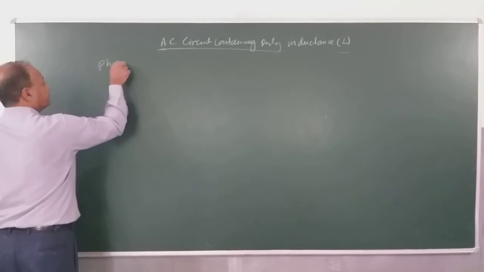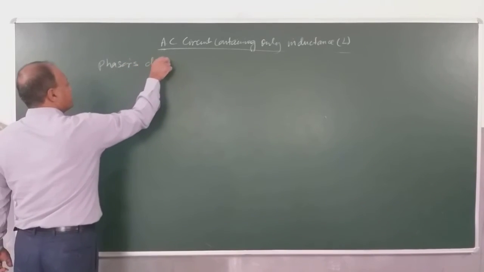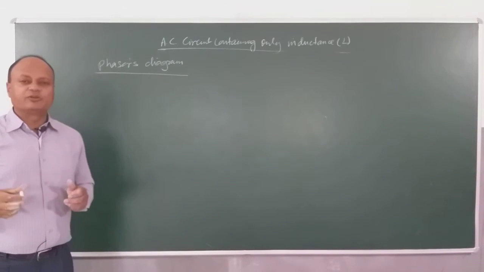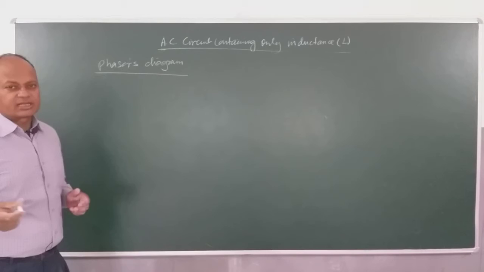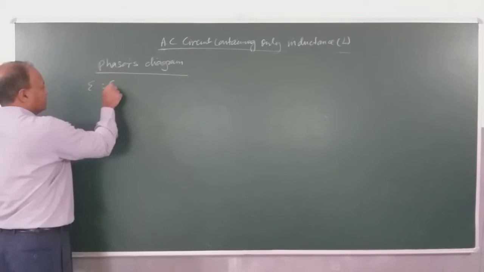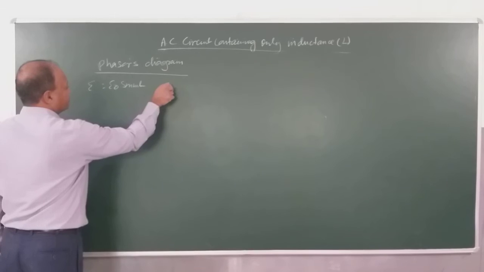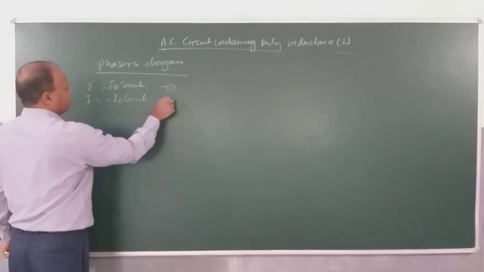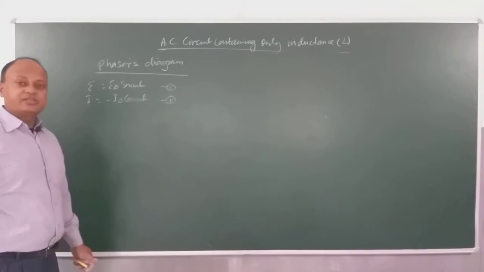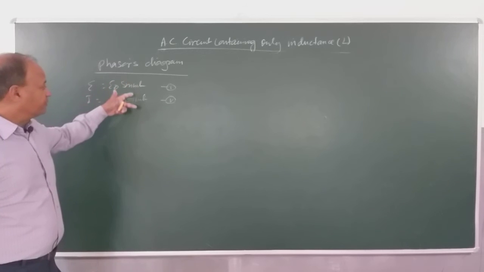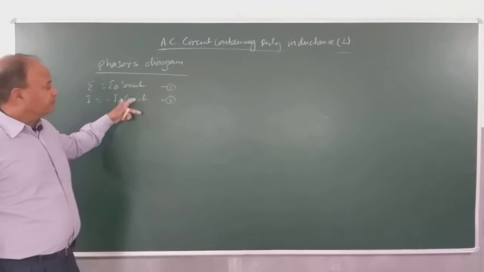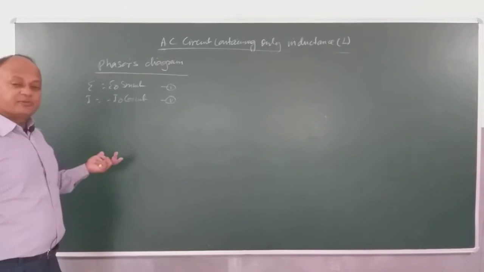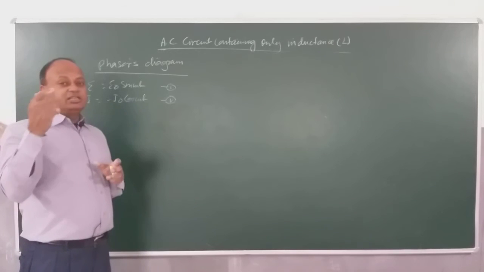Now children, we will be seeing the phasor diagram for this. It will become very interesting for us to see exactly what the phase relation between applied voltage and current in the circuit is. See, E becomes E naught sin omega t. This was equation 1, and I becomes minus I naught cos omega t. This becomes 5. Obviously, they both are not in the same phase. There appears to be a phase difference of 90 degrees, right? Because one is sin, the other is cos. Sin of 90 minus theta is equal to cos theta, or cos of 90 minus theta is equal to sin theta. But you have to see exactly which is leading and which is lagging.